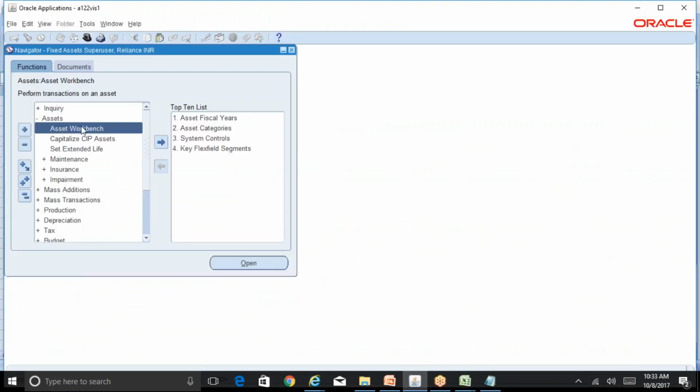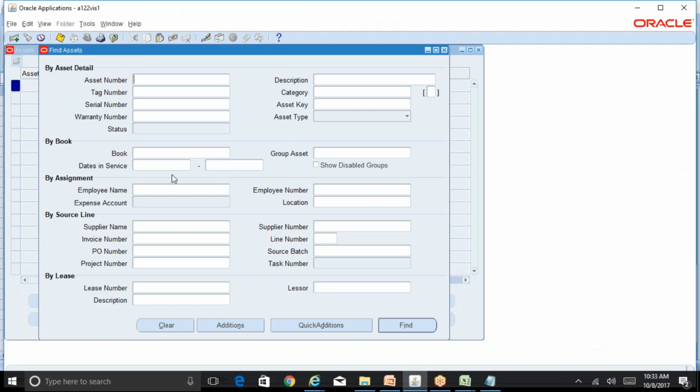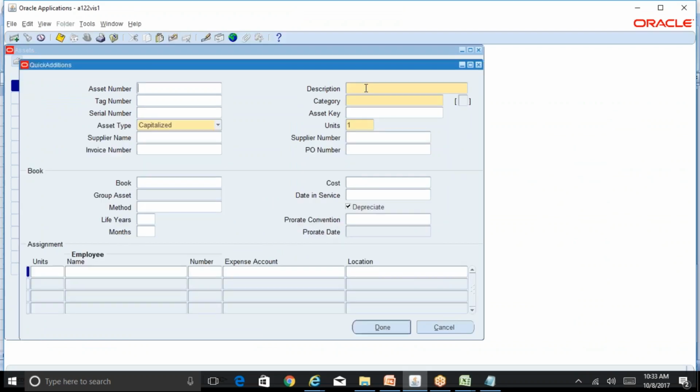Go to asset workbench, click on quick additions, okay, and do not enter any asset number generally, because we are actually going for the auto generation of the asset number. Asset description, even though it looks like a drop down, it's not really a drop down. You can enter any description. So you can say purchase of computer software, say purchase of Oracle licensing software,